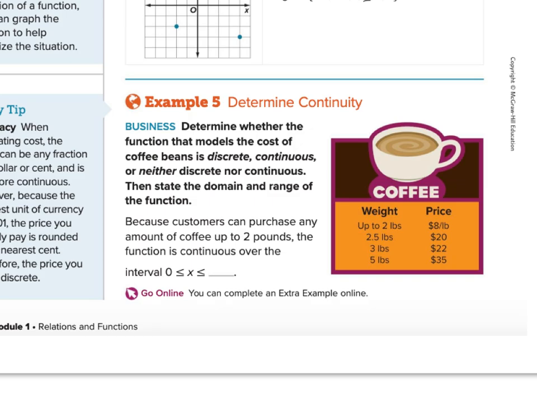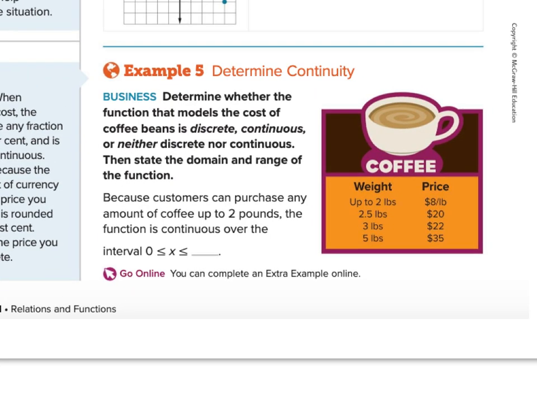Determining continuity. Determine whether the function that models the cost of coffee beans is discrete, continuous, or neither discrete nor continuous, and then state the domain and range of the function. Up to 2 pounds, it's $8 a pound. So we have a continuous function